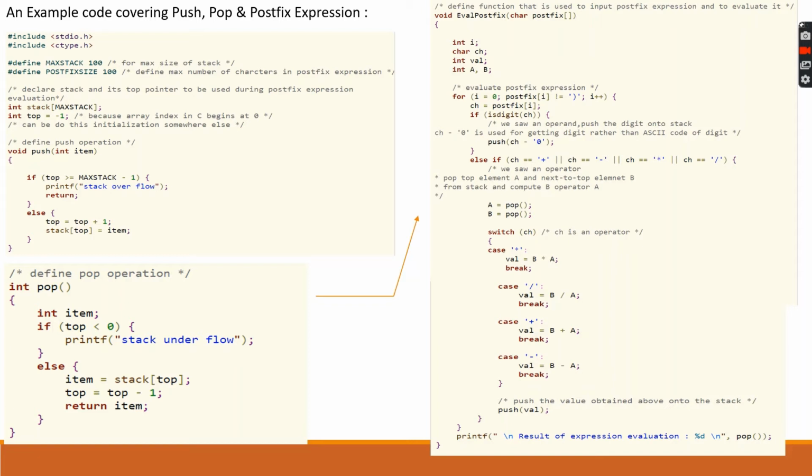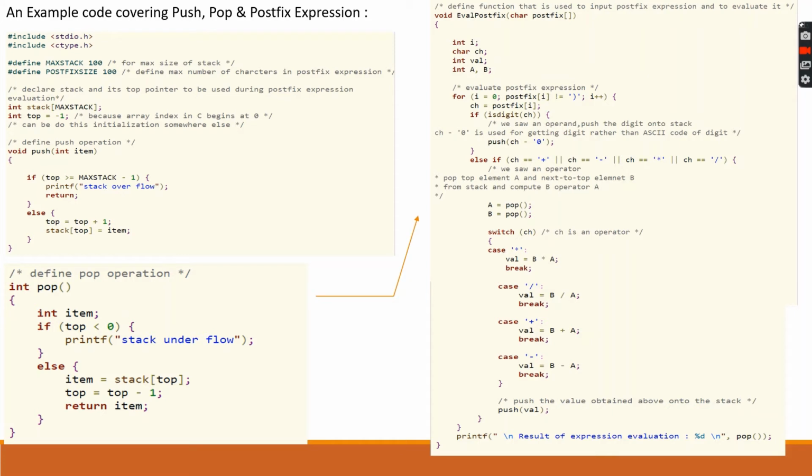If top is greater than or equal to MAX_STACK - 1, print stack overflow, which means that the stack is full, so we print that it's already full, that is stack overflow. Else, if it's not full, then we can increment the top pointer to the topmost element, and then store the value at the topmost element using the code stack[top] = item.